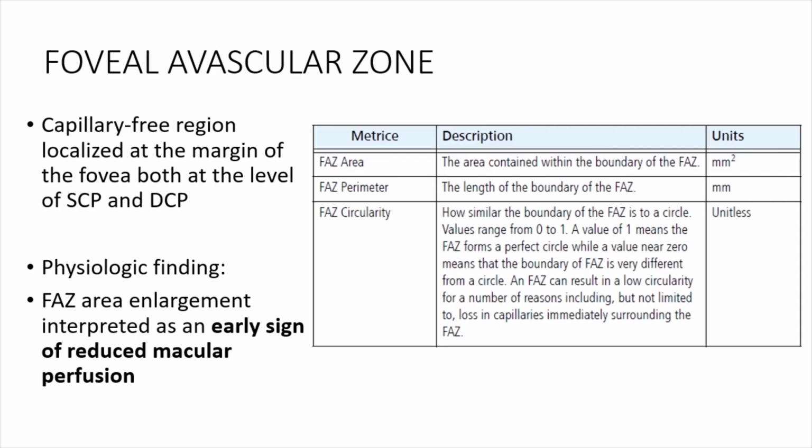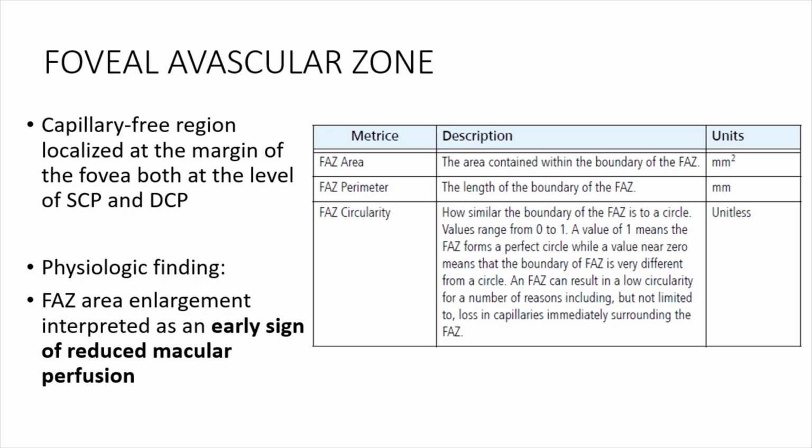The 3 main indices which are calculated in the machines here are the foveal avascular zone, the vessel density, and the perfusion density. The foveal avascular zone can be calculated by automated measurement, and manual measurement also can be done. There is a capillary-free region localized at the margin of the fovea. This is calculated both at the superficial and the deep complexes. It is a physiologic finding, and